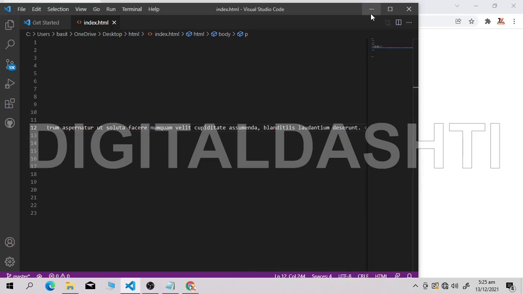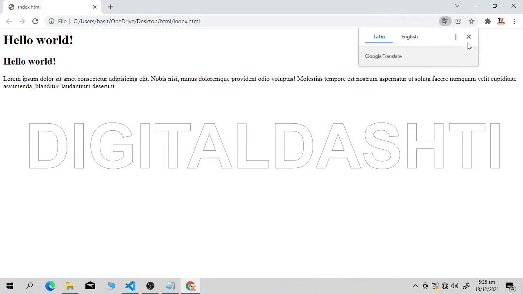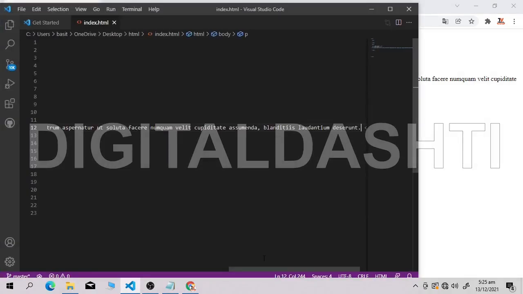I use Visual Studio and I suggest you use Visual Studio. Now I will refresh the page. As you can see, we have got so much text here, but what if I want to break the line from here? You can see this exclamation mark. I want to break the line from here. What will I do? I will go to my code and find that area. Fine, here it is.